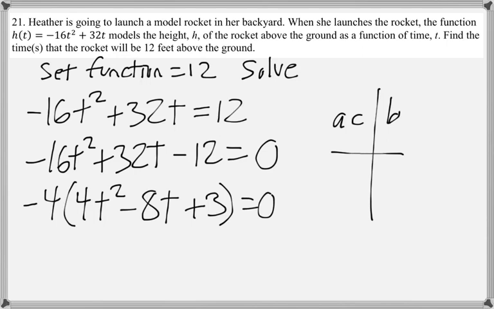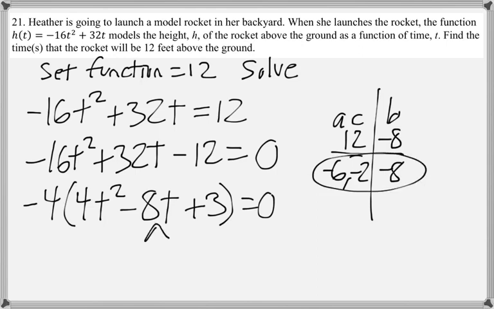So my AC would be 12, my B would be negative 8, so negative 6 and negative 2 multiply to be 12 but add to be negative 8. So that's going to split into negative 6t, negative 2t,